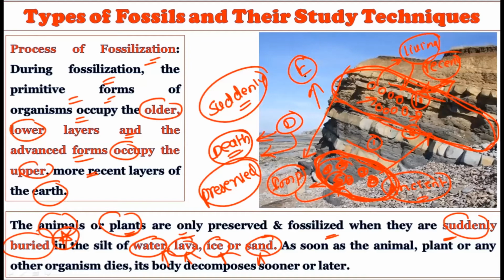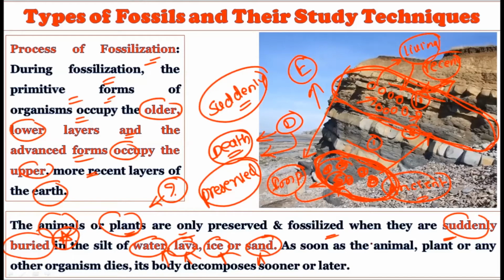On the other hand, natural deaths will not create fossils, because after the natural death of the plants or animals or of the microbes, the decomposition will follow, and decomposition will not allow the fossils to get created. So the very prime criterion required for plants and animal life to get fossilized is to get buried suddenly, whether it is inside the water, lava, ice, or the sand. If they get buried suddenly, they can get preserved.